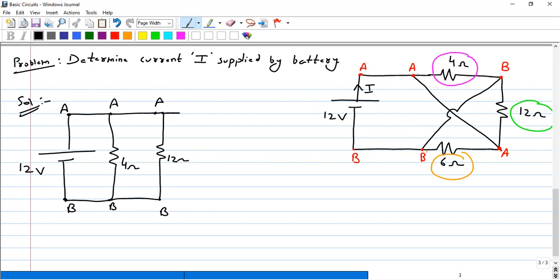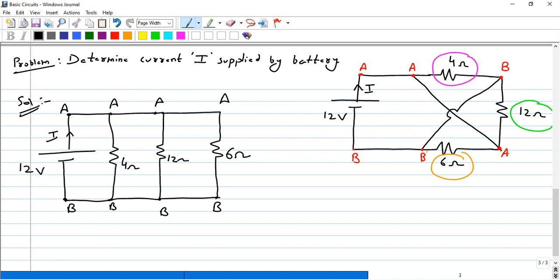Therefore, again, if I extend this one here as point A, and this 6 ohms I can draw it here up to point B. Therefore, that circuit has now been replaced by a very simple circuit like this. And this is current I. See, only 2 points, na? A and B. So between A and B, all elements are connected. Now you see, only 2 nodes, A and B, and all elements are connected across these 2 nodes.